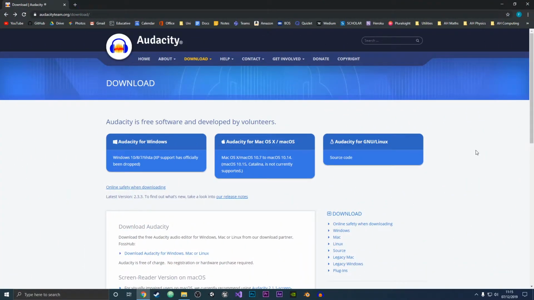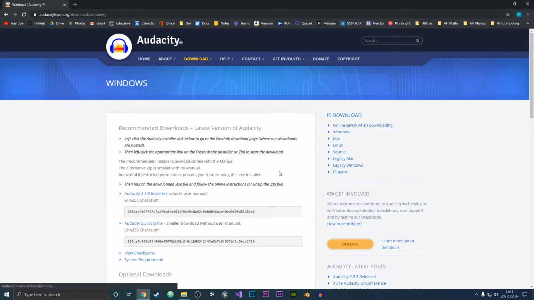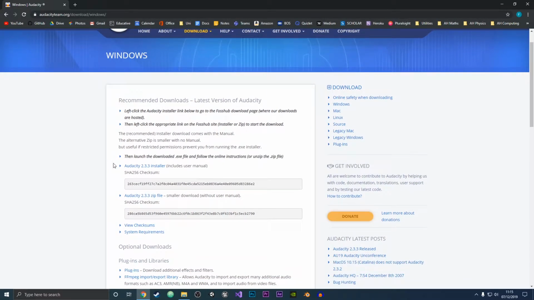Okay, so first things first, you want to make sure you have Audacity installed on your computer system. If you do not have Audacity installed, you want to come to this webpage here, which I will have a link to in the description, and you want to download Audacity for whichever operating system you're on. So I'm going to download Audacity for Windows, and then you want to come down and click